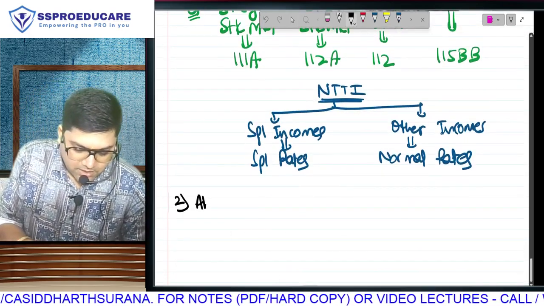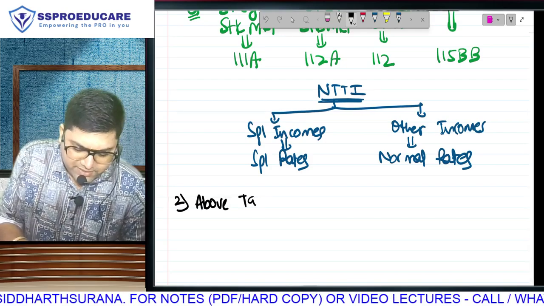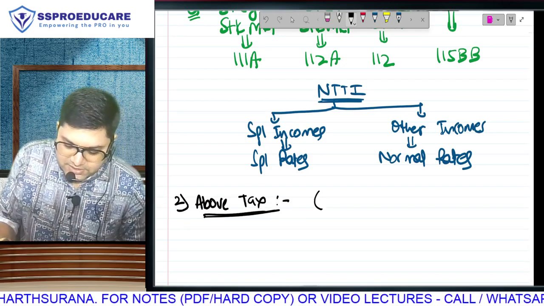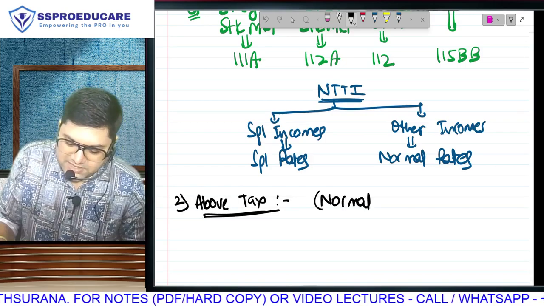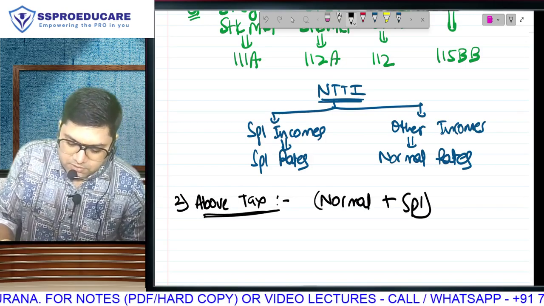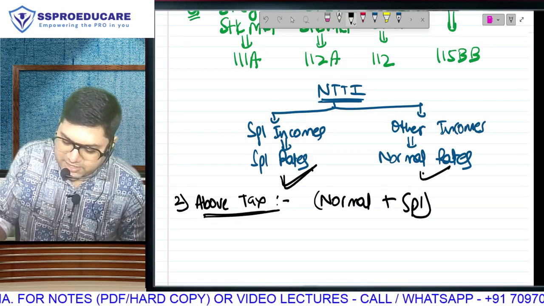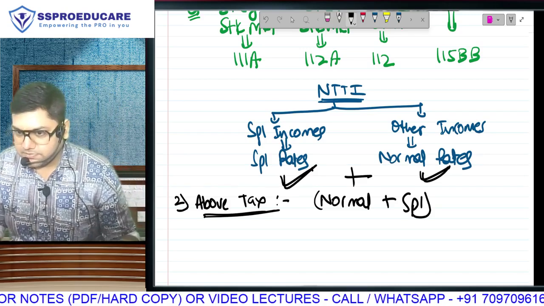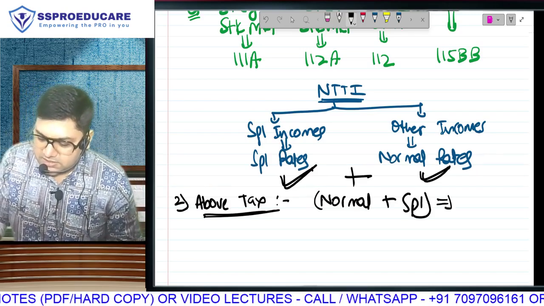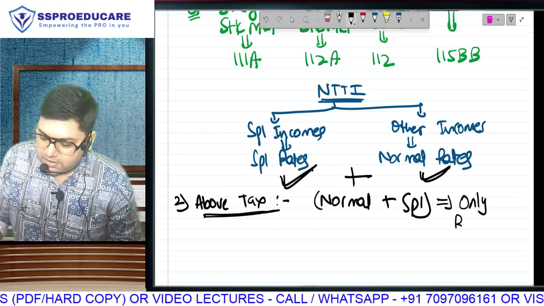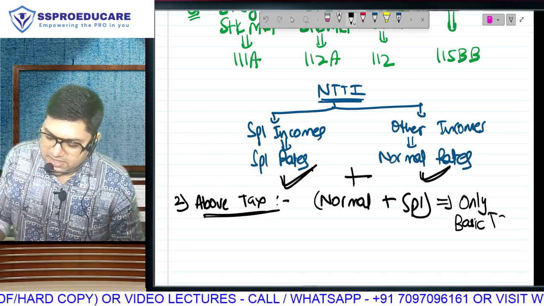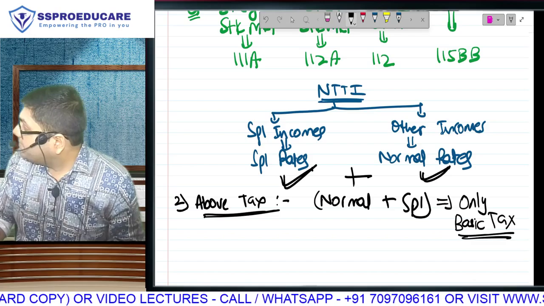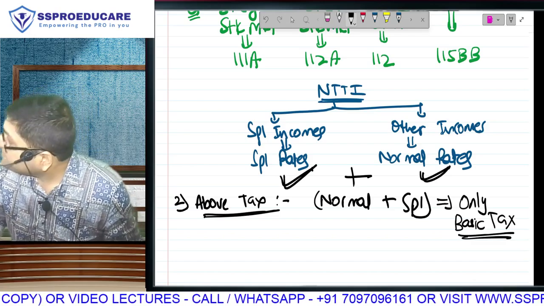Second, the above tax that you have calculated will be tax as per normal plus tax as per special. This tax plus this tax plus this tax is your total tax. This is only basic tax liability. The above tax that you have calculated,